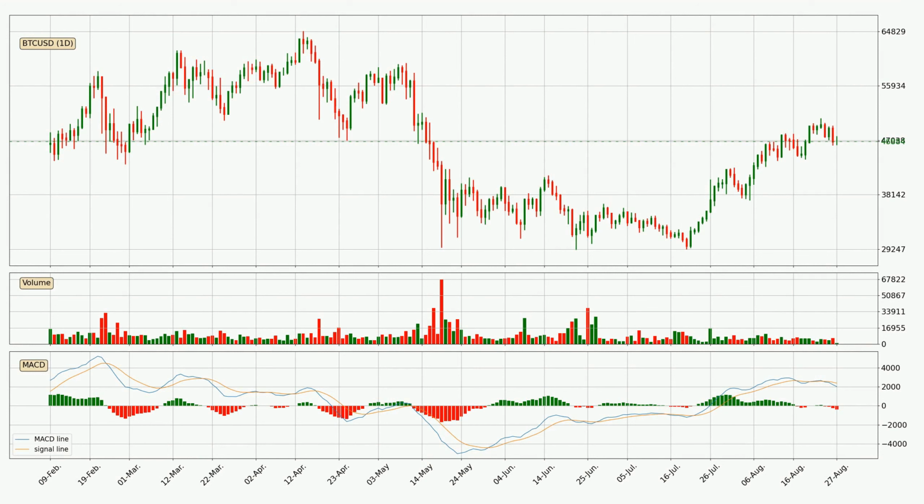Looking at the daily MACD, the trend is currently going down because the MACD line is below the signal line. The MACD histogram shows that the momentum is currently strong, and it could be expected the price to go further to the downside. In general, the larger time frames have a greater impact on the price,